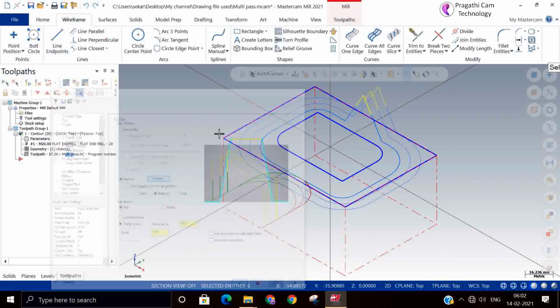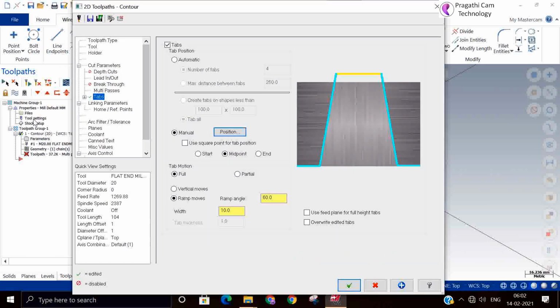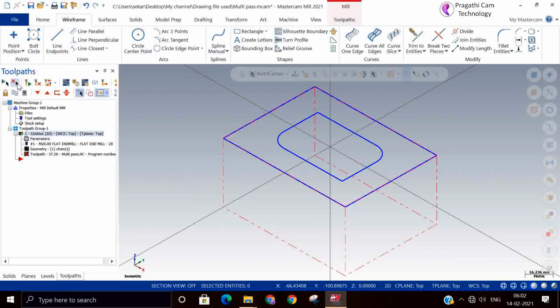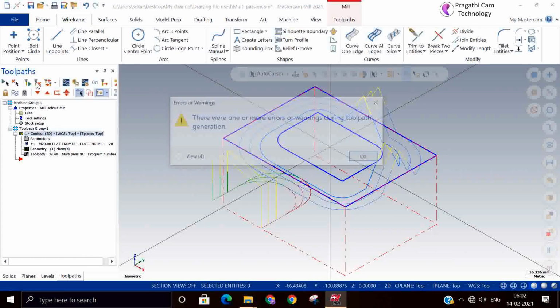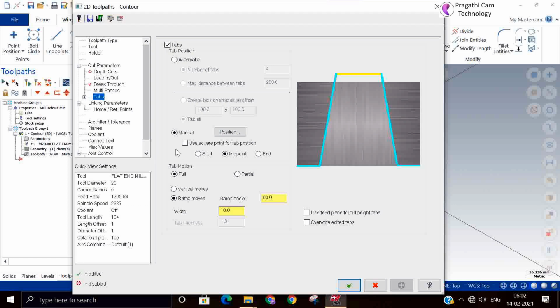That's the reason it's showing some error. I just changed it. Also, it's not accepting. You can see. So the entry point it is not accepting. You can see that at the other end it has taken the tab.